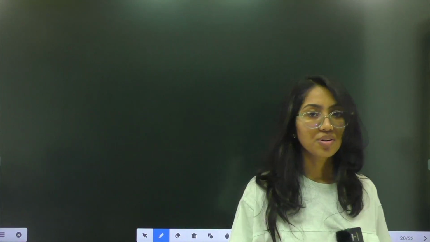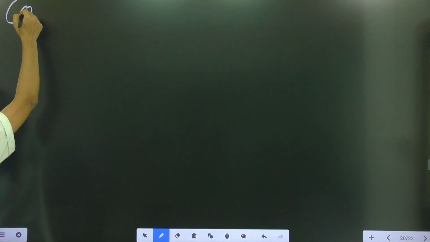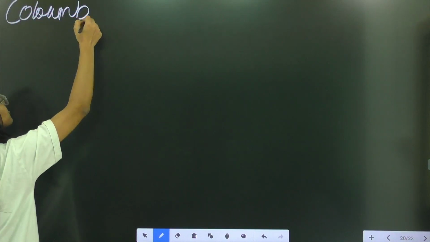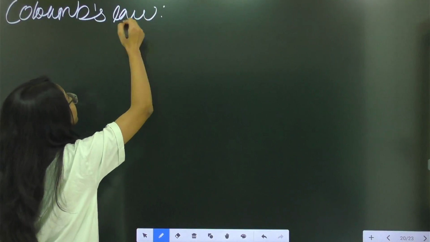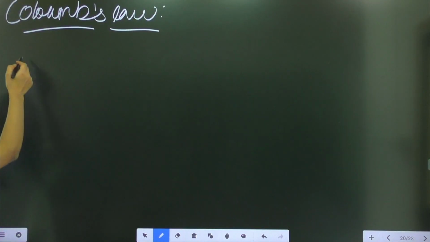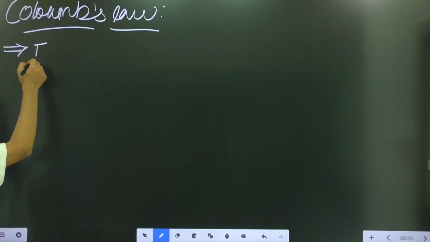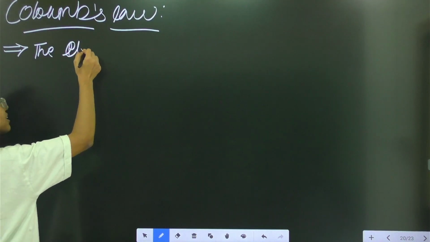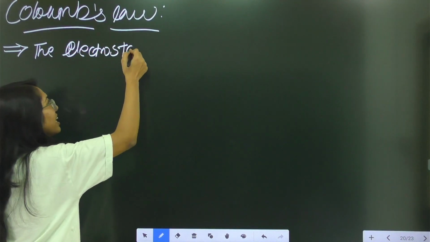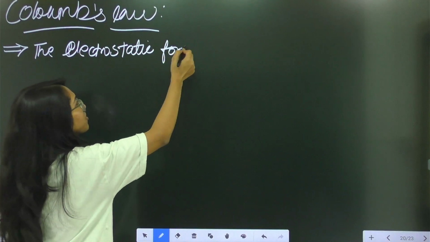Now if we get into the mathematical equation, there is a scientist called Coulomb who found the equation for electrostatic force. That is why it's called Coulomb's law. So we will now write Coulomb's law, which is also very simple. What is Coulomb's law? Let me write the definition. The electrostatic force, which is between the charges,